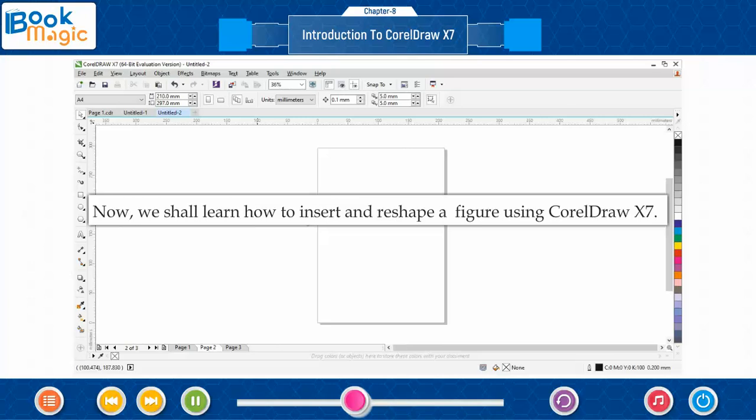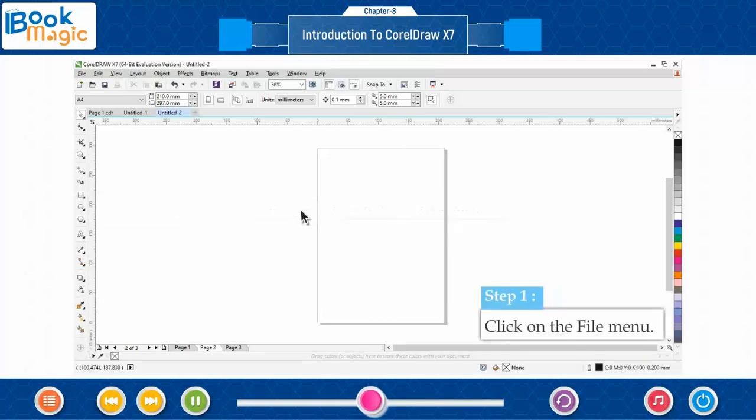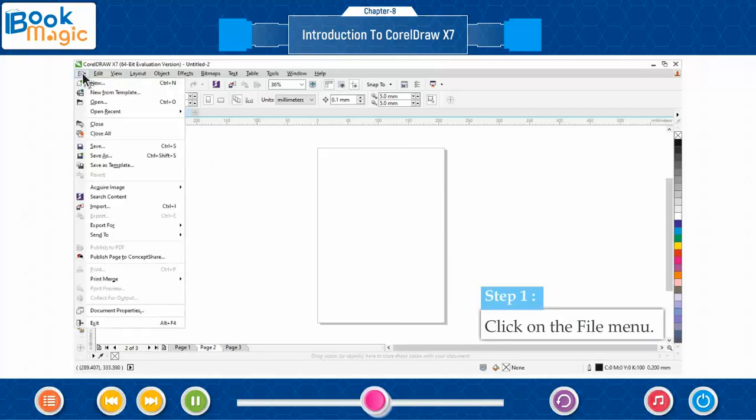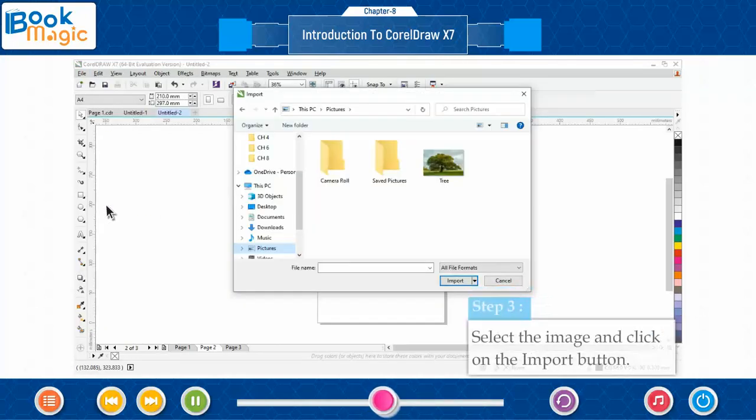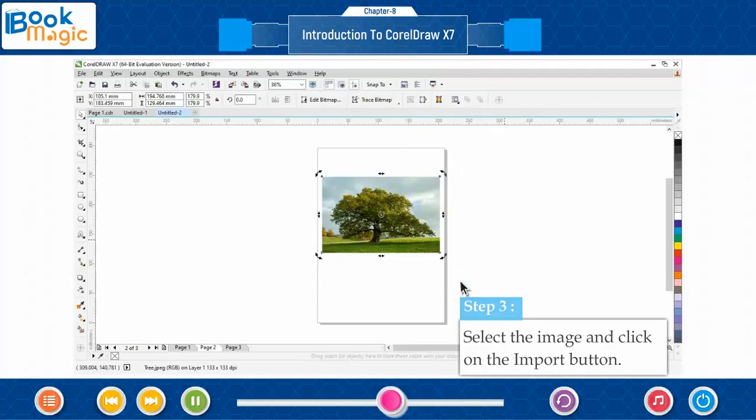Working with images. Now we shall learn how to insert and reshape a figure using CorelDRAW X7. Follow the steps to import the image. Step 1. Click on the File menu. Step 2. Select the Import option. Step 3. Select the image and click on the Import button.